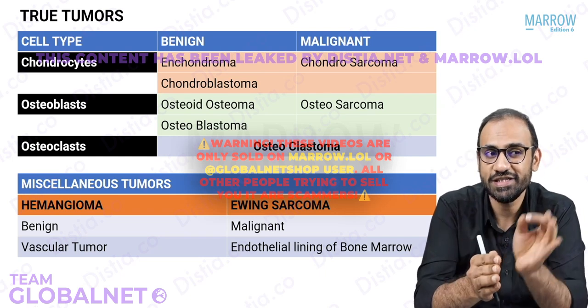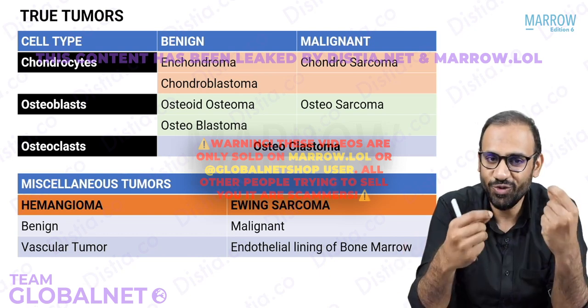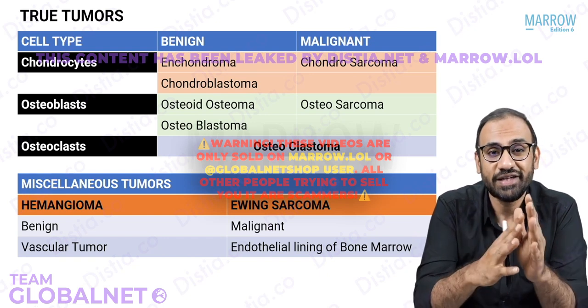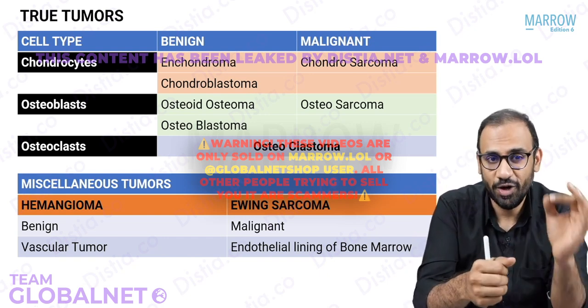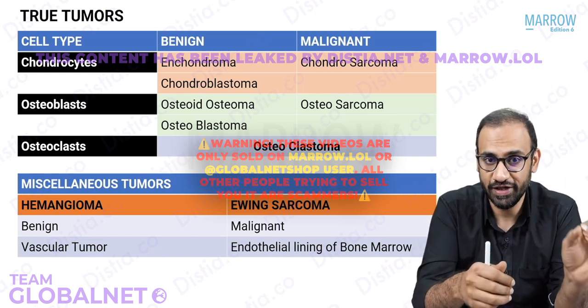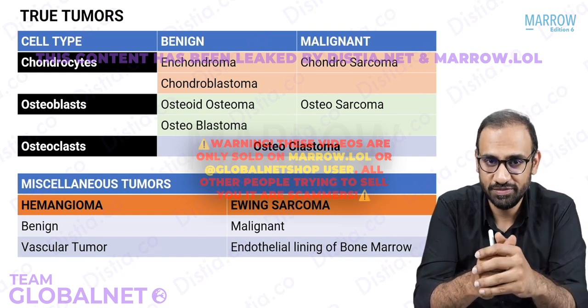Because biopsy is the gold standard investigation for any kind of tumor. If you know what cell it is, then your diagnosis is confirmed. Radiologically, the diagnosis is confusing, but biopsy is never confusing. It's the best investigation available to make the diagnosis for any tumor. Right? So if you know the cell of origin, you will have a diagnosis based on the biopsy.